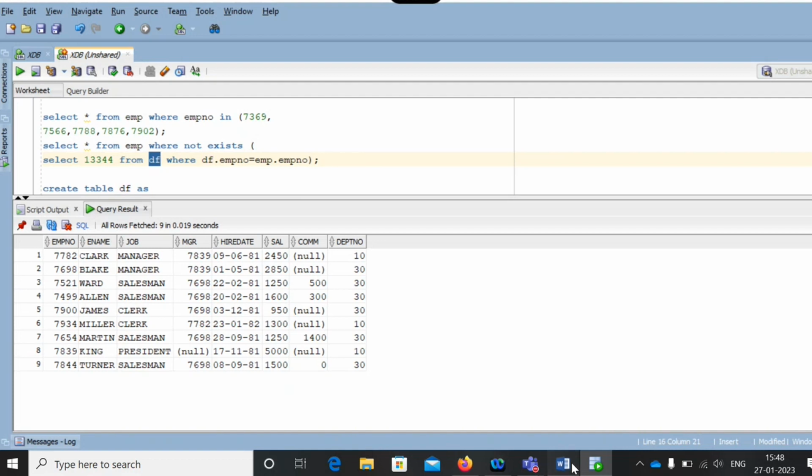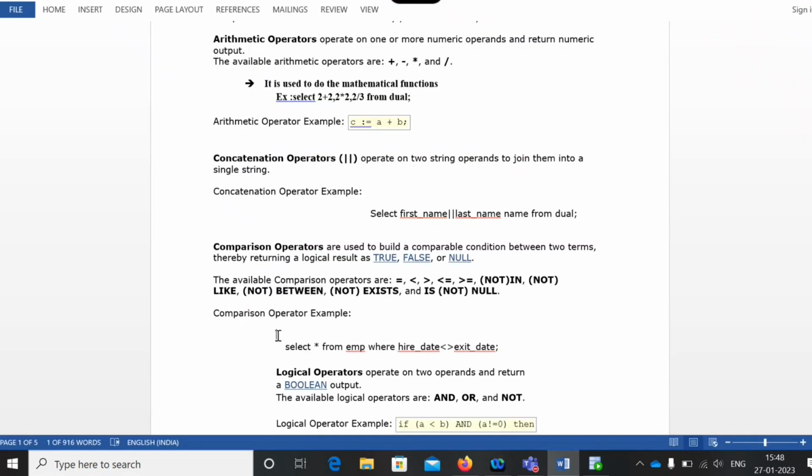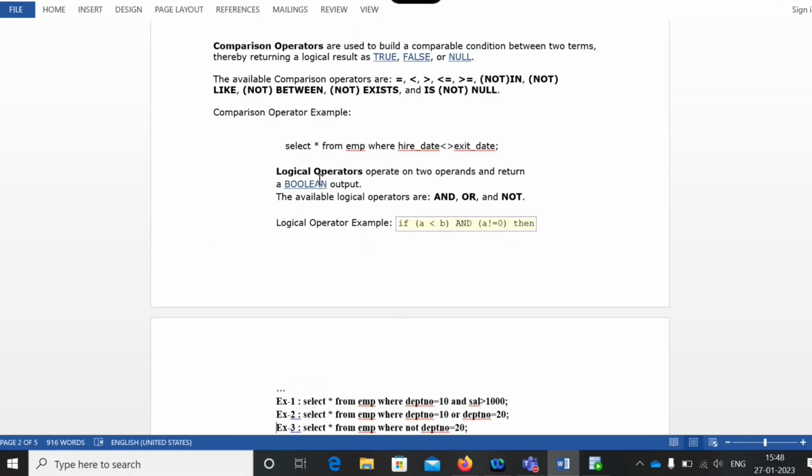So we have other things. We'll complete this with the logical operators and, or, not. However, you people will know and, or, not. Till now we have done with the and. This and that: if you have two conditions, first condition and second condition, if both conditions are satisfied, we will get the results. If either condition fails, you will get zero records, null records. You won't get any data.